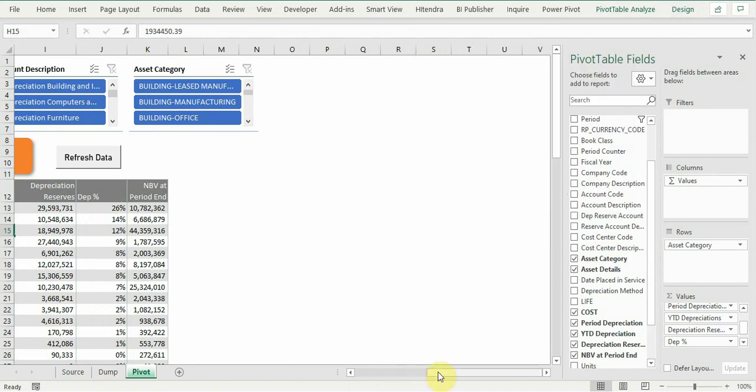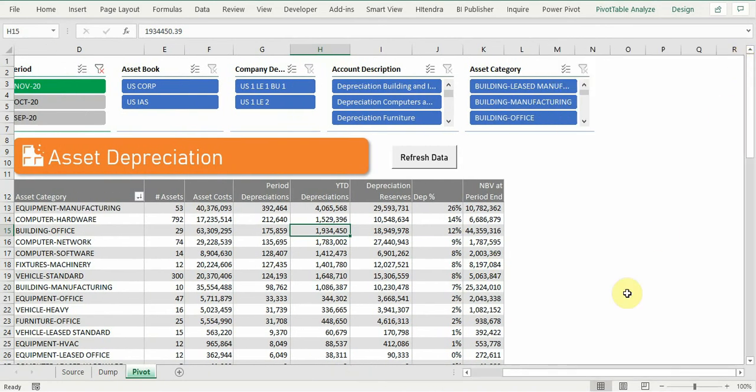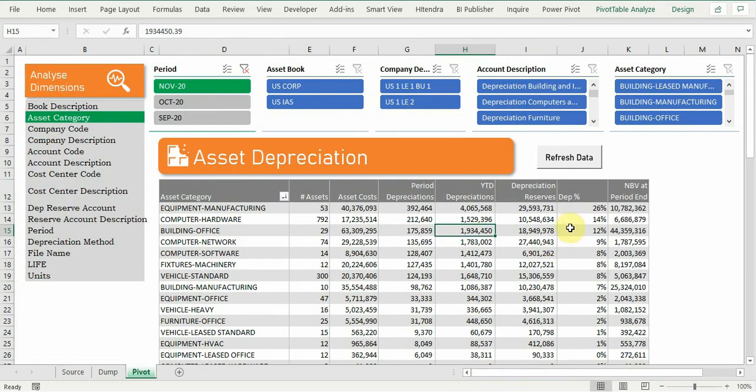So now we can see here category wise depreciation. So the first category, this is sorted as per the depreciation amount. So you will see even the percentage sorted. So you can see the top four categories contribute 60% of the depreciation for the period of November 20. So if we go towards the top eight, it's almost 92%. So 90% of the depreciation is just in these eight categories.